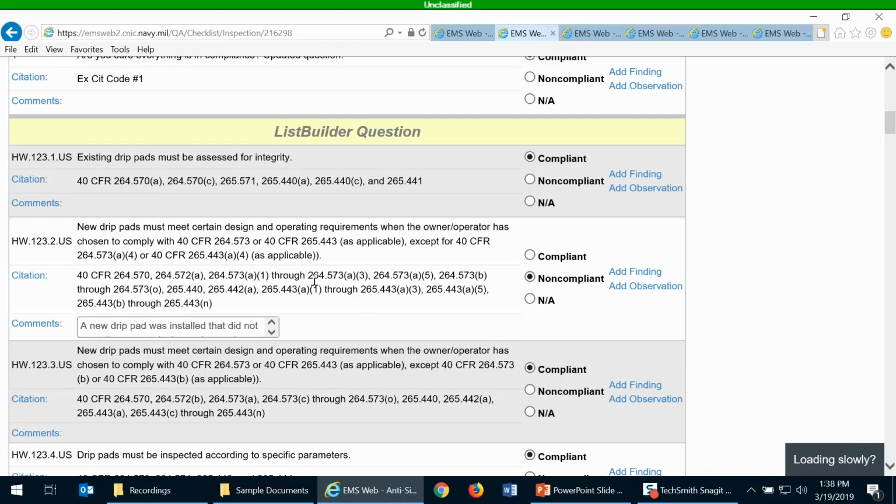And then the nice thing is that if you have comments from the previous checklist, then you can just add to those comments and note if anything has changed. So then on the last one, I said that the drip pan did not meet the design and operating requirements. Then I could come back and note if it's been updated or not. So then I could say new drip pad was installed